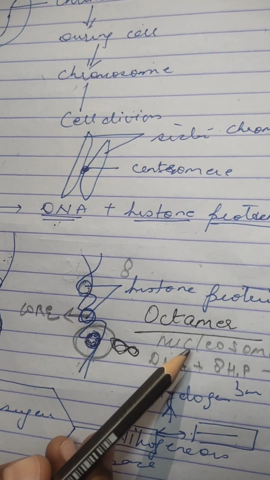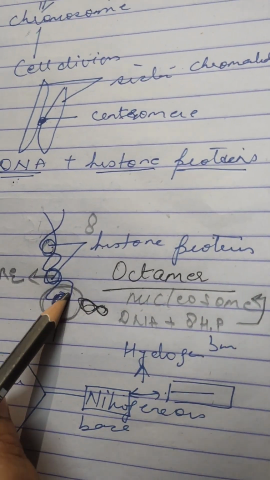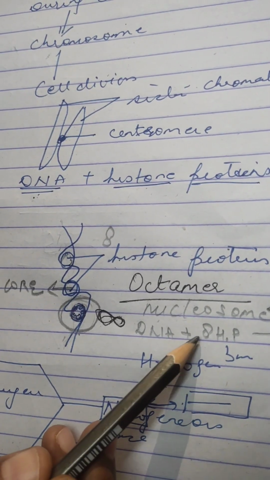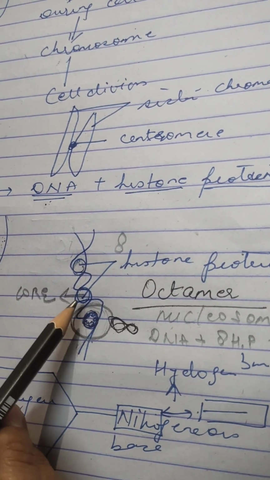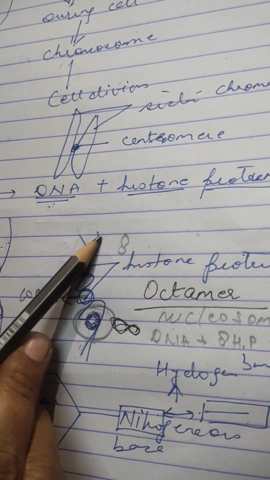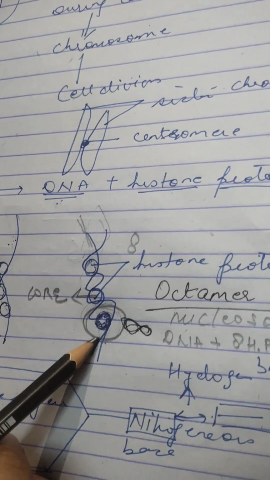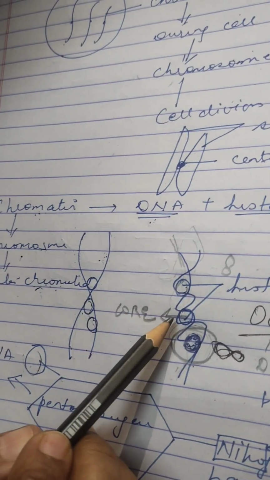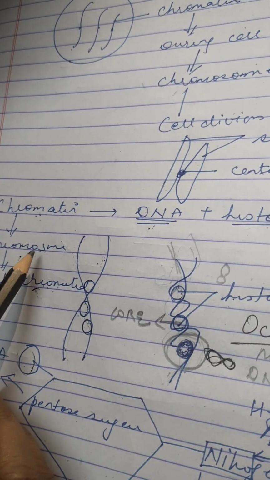This complex is known as nucleosome. Nucleosome consists of DNA which is encircling or coiling around 8 histone proteins, which is a core. So this is the sequence of DNA. So the whole DNA is formed in this manner. Therefore, the sister chromatid consists of DNA plus histone protein. Two sister chromatids make chromosome, and chromosome